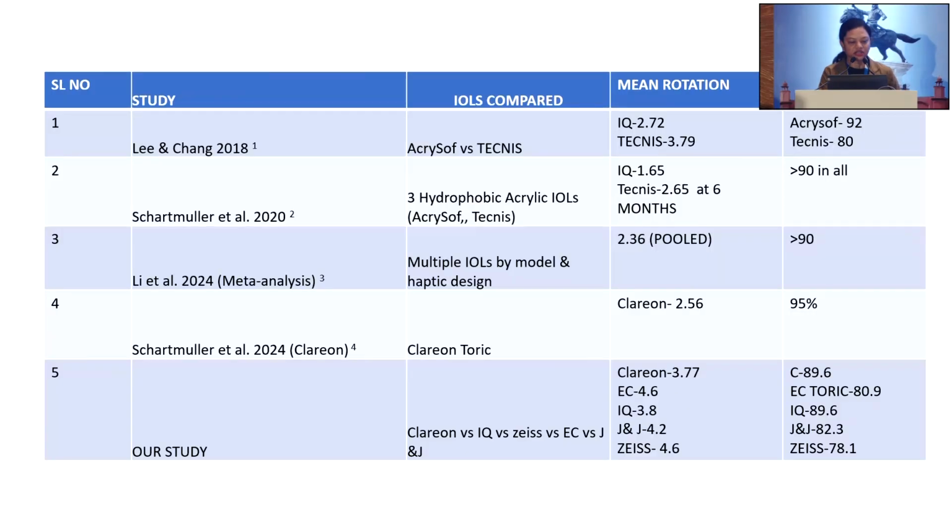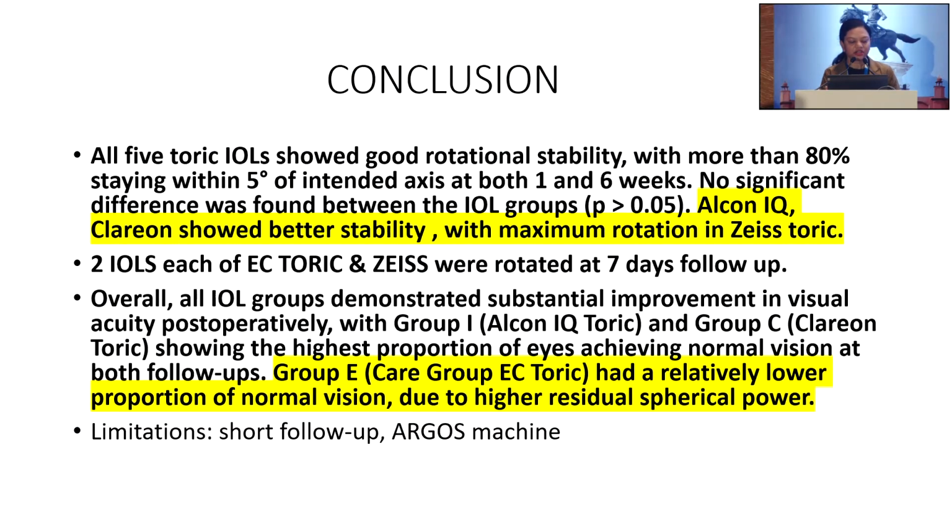Coming to the discussion, there are a few studies: Lee and Chang in 2018, Squat-Muller in 2024 and 2022 with Clarion and IQ, Lee et al. All of these studies have compared different IOLs, where mostly Clarion and IQ have performed very well, and the same stands true for our study also, where Clarion and IQ were comparatively more stable and had a better visual acuity. So coming to the conclusion, all 5 toric IOLs showed good rotational stability with more than 80% staying